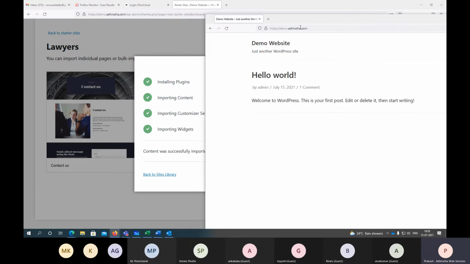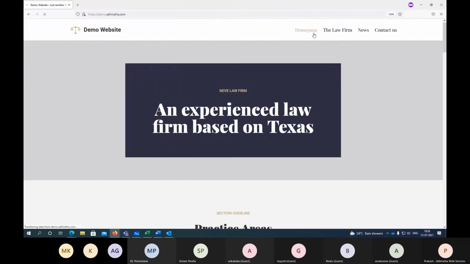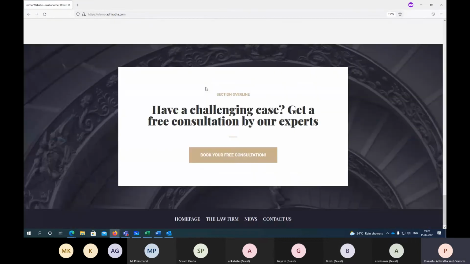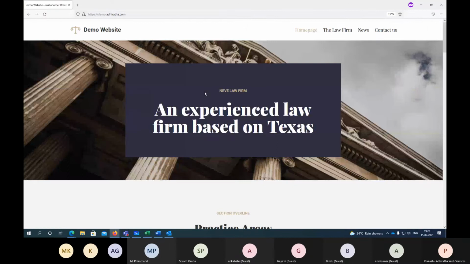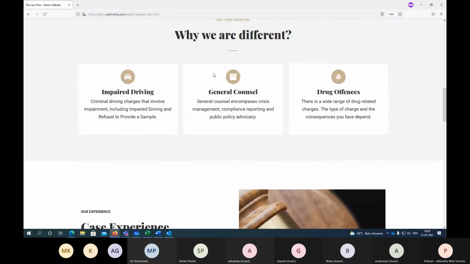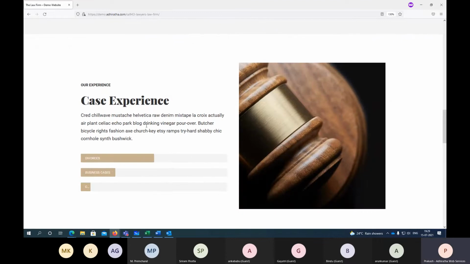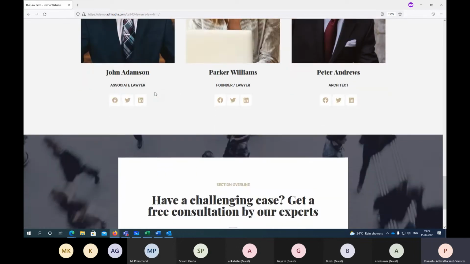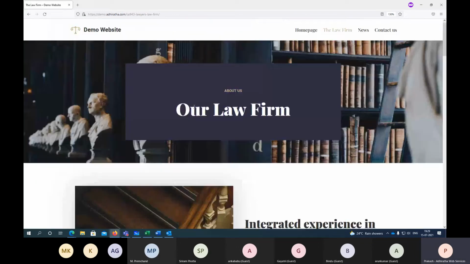Now let me go back here. Now if I refresh your website, your website is ready with all the things you need. So home page, then you have an about page. They have content also. Normally this content will be given by what? Sample content, dummy content they'll put, right? But here if you see, they actually maintain the content. Good. Now this is the about page.